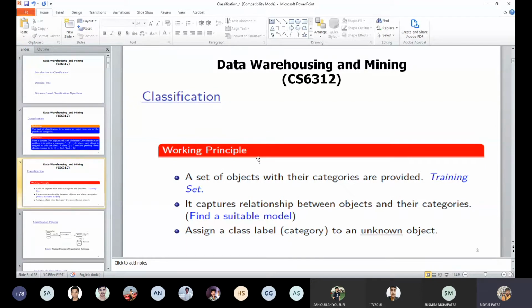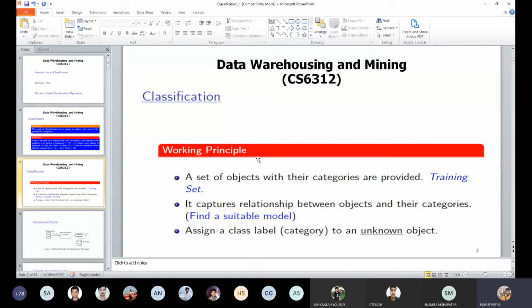That means we know the student information, student roll, ID, everything, and the papers he or she has taken. But one piece of information is missing: whether the student is studying in undergraduate or graduate classes. That is why we say the object is unknown to the classifier, because when the classifier builds the model, that object is not there in the training data set. Therefore that object is called the unknown object.